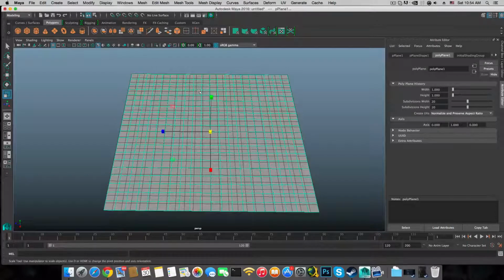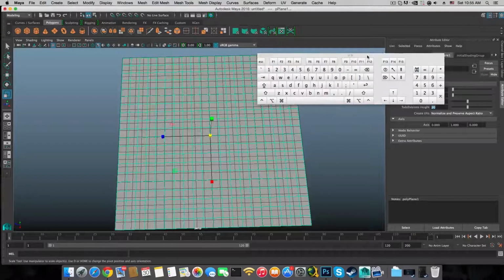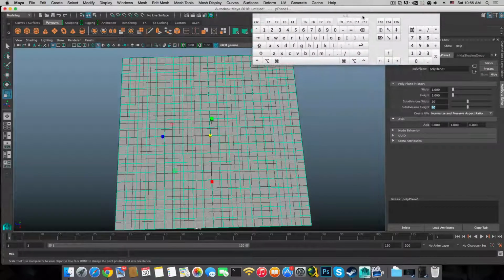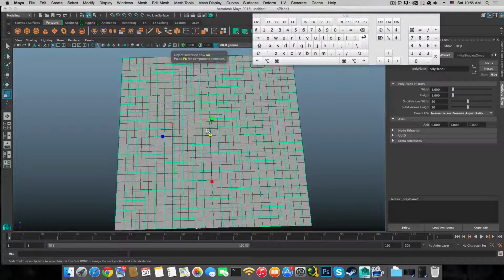Now, whenever the portion is selected, you can see that the center is represented here. The reason I select 20 by 20 is so later on I can use the grow selection tool. The grow selection tool works like this. Show keyboard viewer, and there is a reason why I'm showing you this right now. If I right click and choose face, okay, and I'm choosing the 4 faces, well, let's unselect, and again these 4, you see,